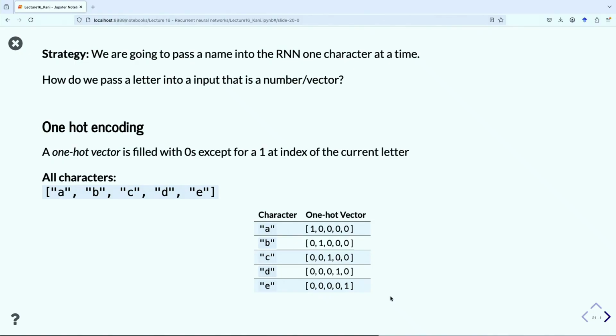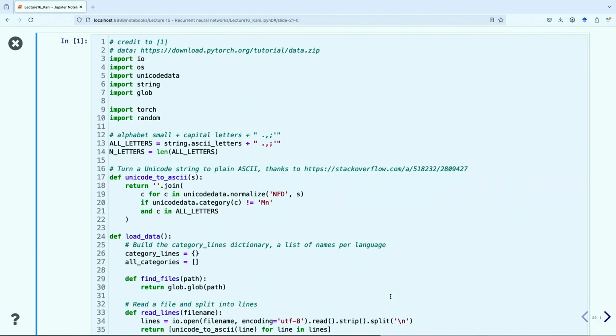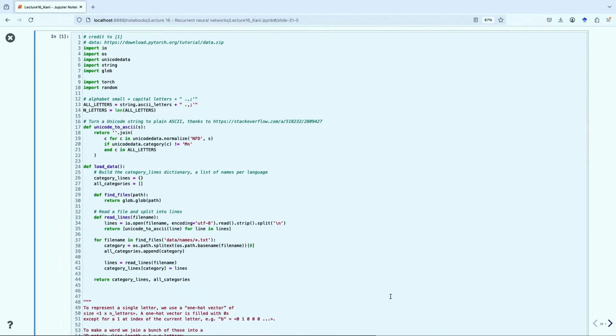Yeah, one-hot vectors work very well. We'll get into other methods to embed language or characters later in the semester, but this is basically the zeroth method. Okay, so we have a one-hot encoding strategy, which we could write a bit of